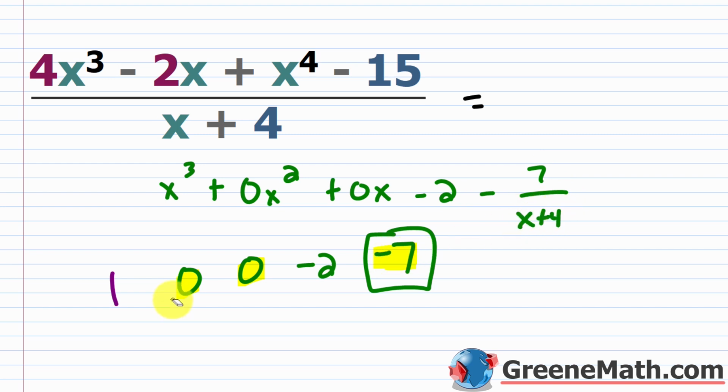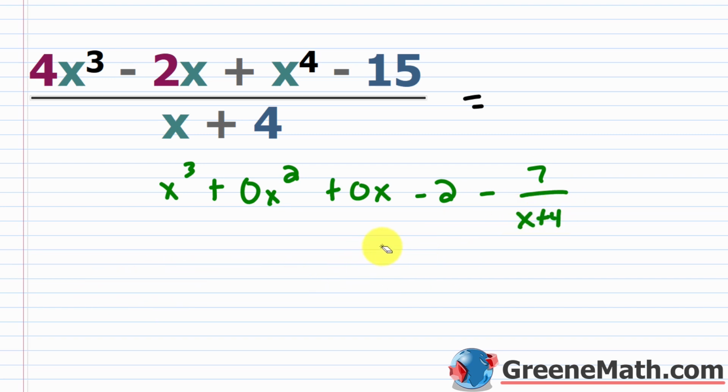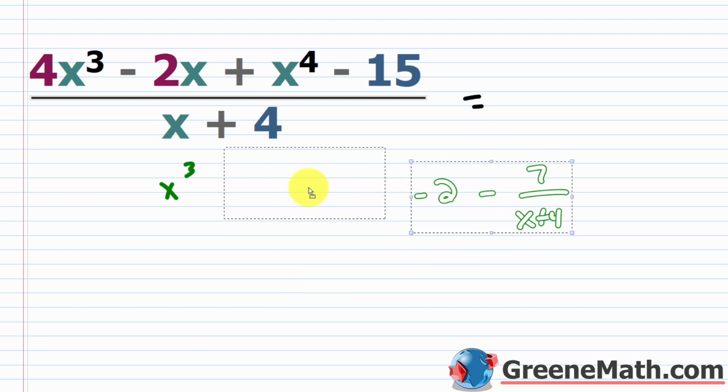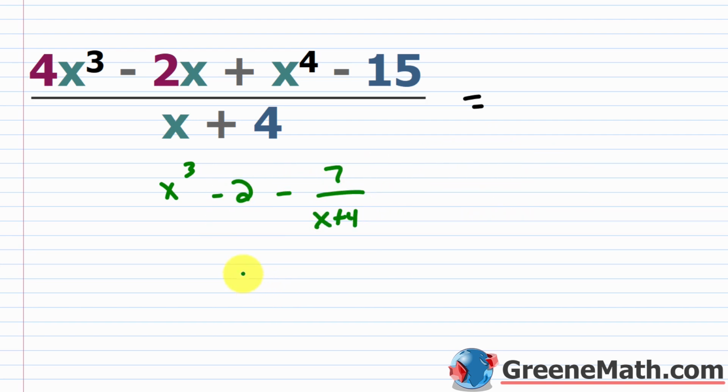Now, do you need the 0x squared and the 0x? You can drop them now that you've set up your answer. Again, those are just placeholders for you so that you don't mess things up. So you can get rid of this, and you can collapse this answer down. So you can collapse this down and say that this is x cubed minus 2, then minus your 7 over your x plus